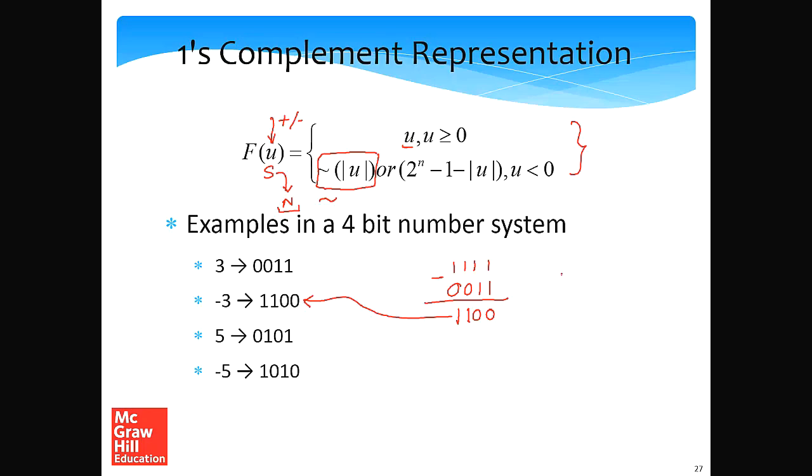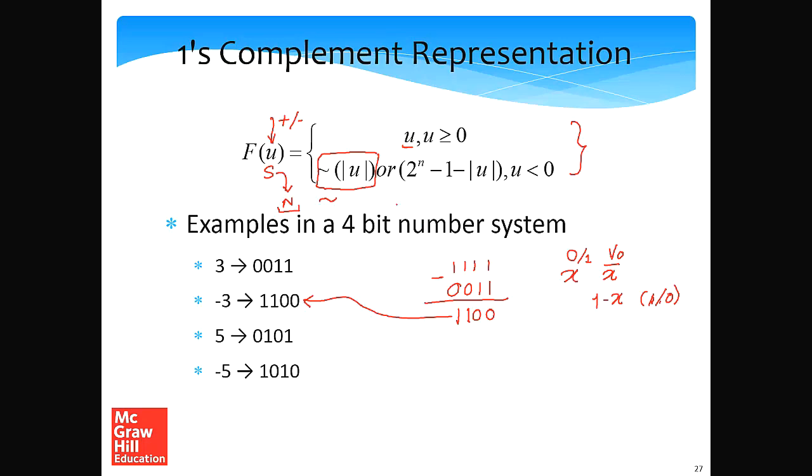So let's say given a Boolean variable x, if I consider x complement, that is also the same as 1 minus x. Why is this the case? Assume that x is 0. X complement is 1 and 1 minus x is also 1. Assume x is 1, x complement is 0 and 1 minus 1 is also 0. So what we are doing over here is that 2 to the power n minus 1 in a 4-bit number system would be 15, which is represented as all ones. So to take a complement of a number, we can also subtract its absolute value from 2 to the power n minus 1. So we'll get the complement of the number.